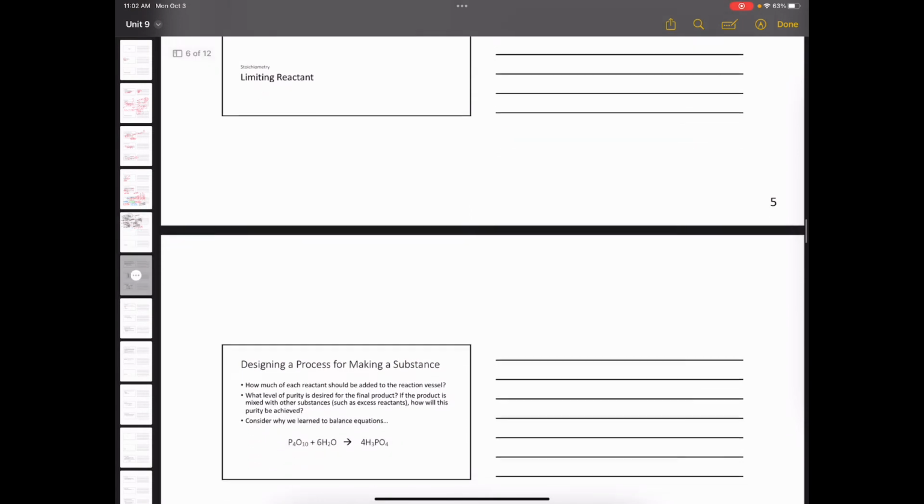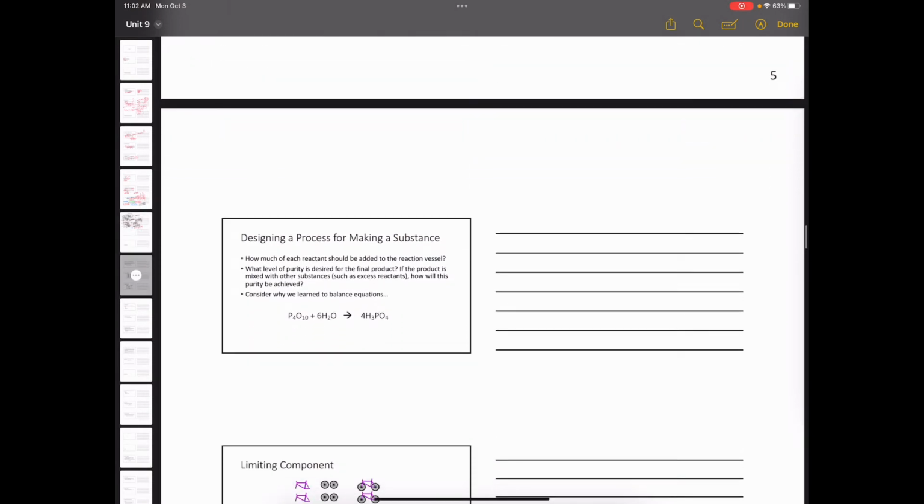Okay, so when designing a chemical process or a synthesis route for a chemical reaction, scientists always look at how much will be needed from the reactants to produce an X amount of the product. Okay, so ideally what you want when a chemical reaction is taking place is that all your reactants have been 100% converted into products, and you have no excess of the reactants left at the end of the reaction, because any excess of the material that is left at the end will basically be considered a contaminant or impurity in your final product. Okay, so